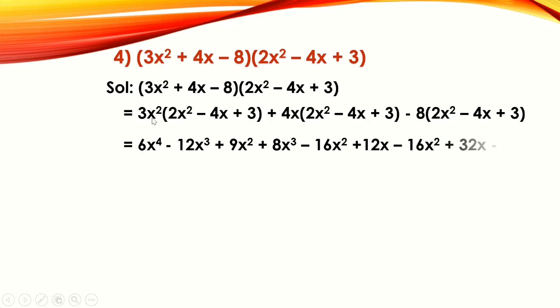In the next step, I have just done the multiplication. 3 into 2 is 6, x raised to the power 4, then 3x square minus 4x getting multiplied, minus 12, x cube, 3 3s are 9, x raised to the power 2 or x square actually. Then again, here 4 into 3 is 12, x into x square giving us x cube, then minus 16x square, then 12x, and since the bracket is getting closed, so till here only we can multiply this 4x, then we will move on to minus 8 into 2x square, that is minus 16x square, plus 32x, and then minus 24. So we need to be careful with the signs also.